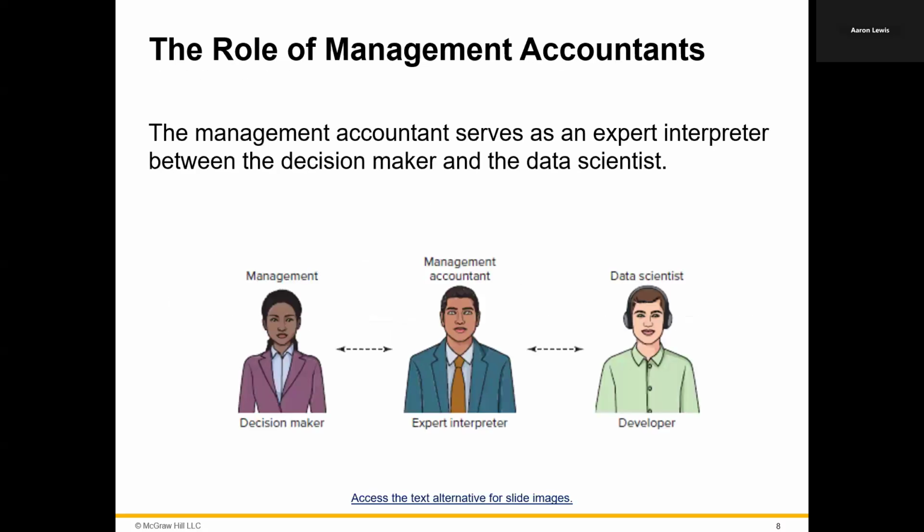And that's what we're going to be in this class, the middleman, if you will, right in the middle there, the management accountant. We're going to assume that we have a data scientist somewhere. He's a developer. He's probably got programs. Again, all this stuff I was talking about earlier, Python or Access or Excel or R or whatever program he's using to compile information. And it's going to be raw information, but information that's set up in a way that it's easy to break down, and to retrieve certain points out of. And as the management accountant, we're going to use all of that data that was compiled by the scientist and interpret it and analyze it and use it to answer the question that we're going to pass off to the decision maker, which is management.